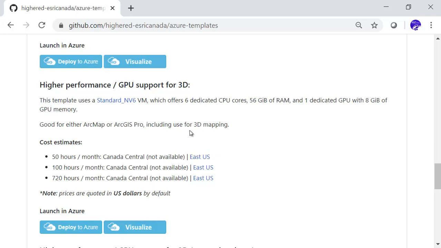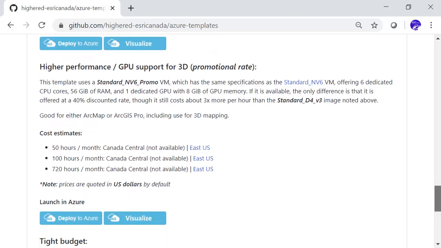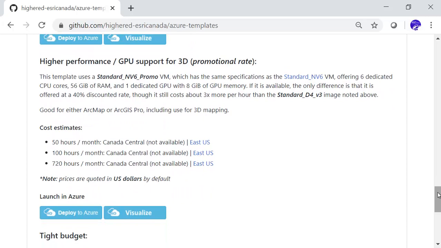If you need to use this type of VM, you'll need to be sure that you choose to host it in a US region. If you are considering an NV series VM, there is currently a series of NV machines that are offered at promotional rates. These have the same specifications as the non-promotional versions, but a lower hourly cost. This third template will use the NV6 promo VM if it's available,